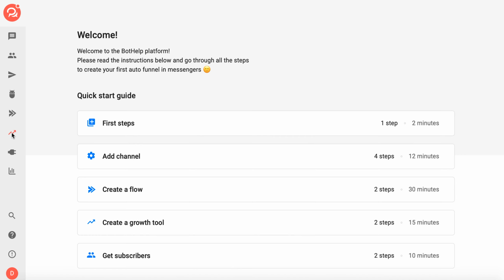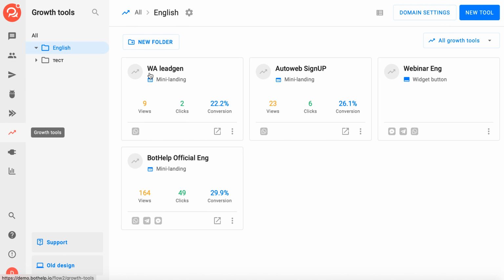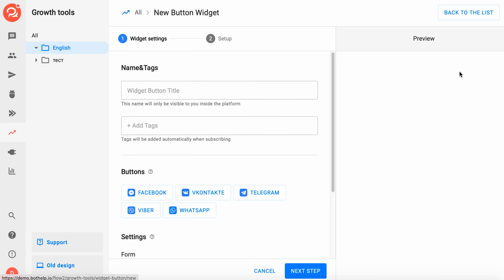In this video, we're gonna show you how to place the widget button on your website. You go to the Growth Tools, click New Tool, choose New Widget Button, insert the title,